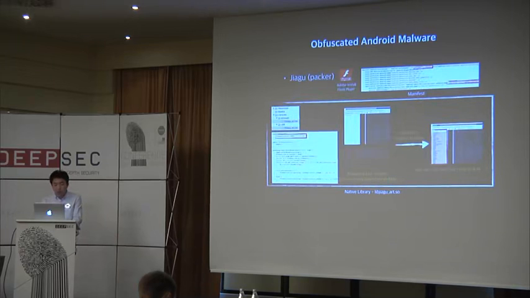This Xiaogu packer was also disguised as an auto-install Flash Player. The Xiaogu packer used its own package name and main activity name. This packer called a native library file, but the file actually has an abnormal section header. So we can analyze using IDA only after recovering it. If we recover the section header, we can easily see function names in IDA.